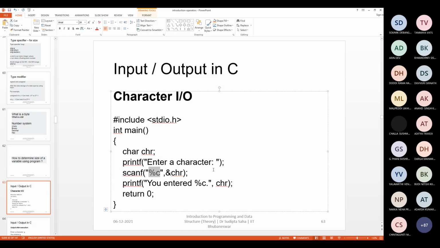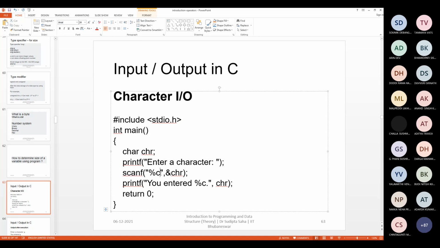When you try to read using the %d form, it will scan for integers. But when you read using the %c form, it will try to scan for characters. So whatever you write, it will be accepted as a character. That means it will be internally converted again to ASCII, and then that value will be stored inside chr.